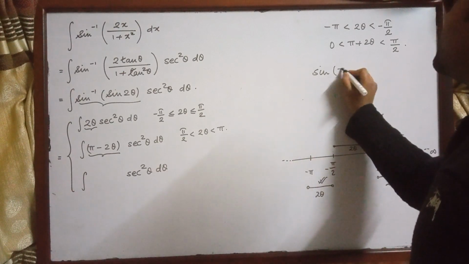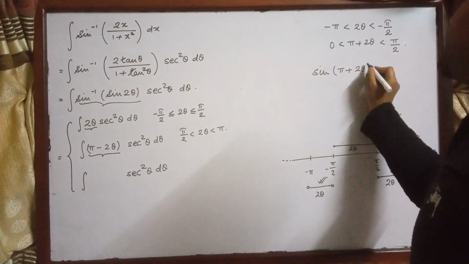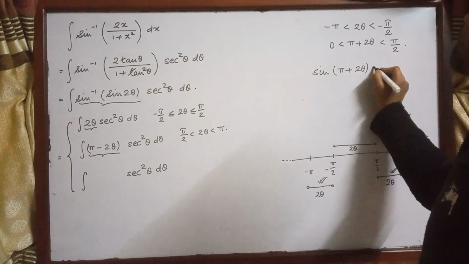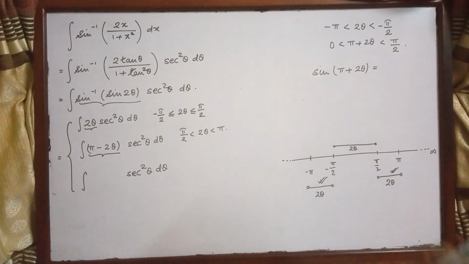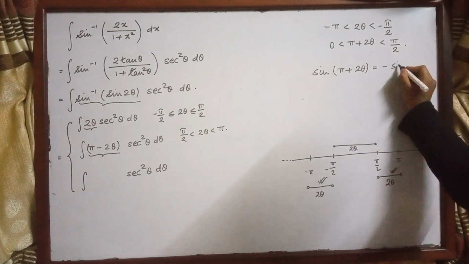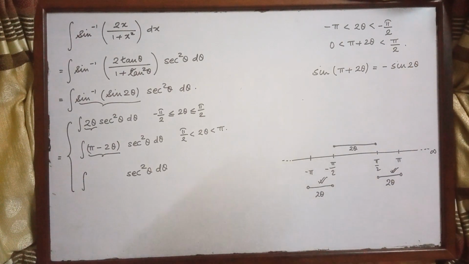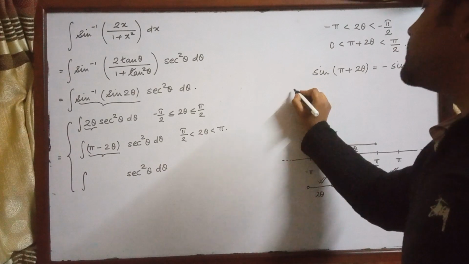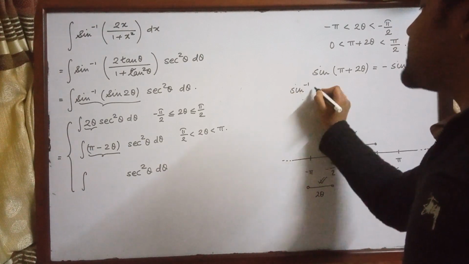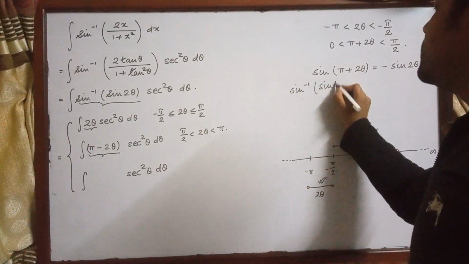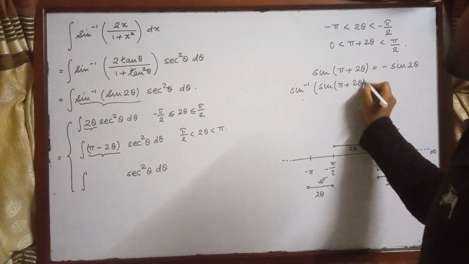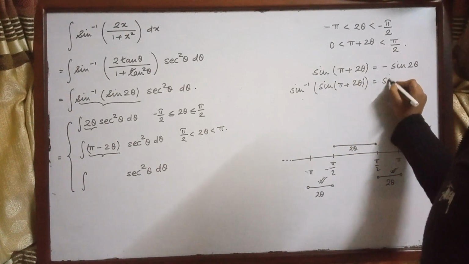Sine of pi plus twice theta will be equal to minus sine of twice theta, right? So if we take the sine inverse on both sides like this,